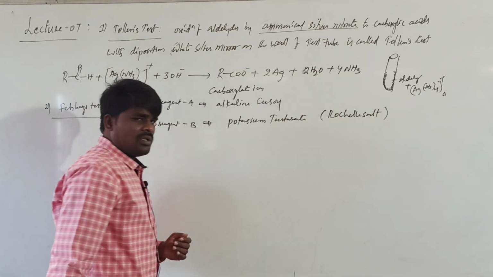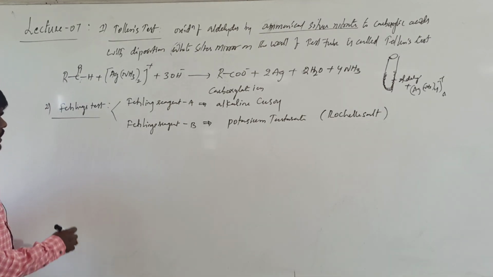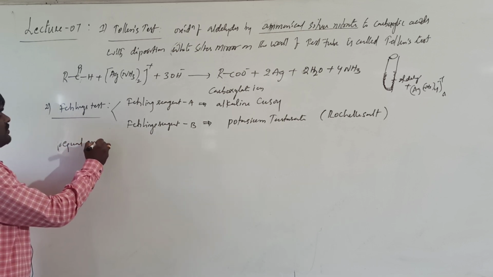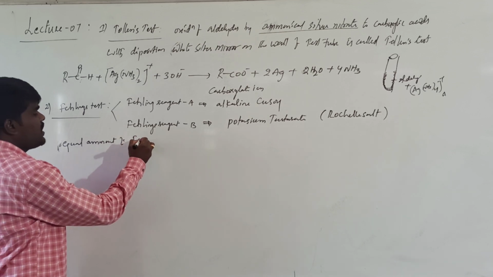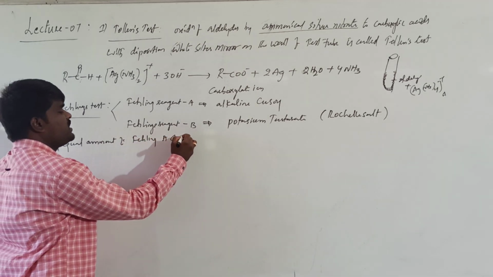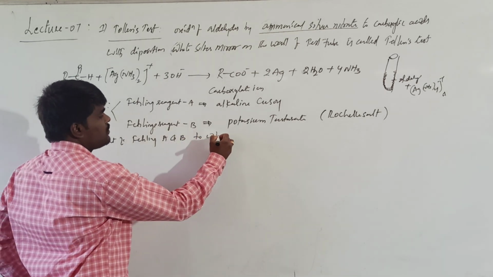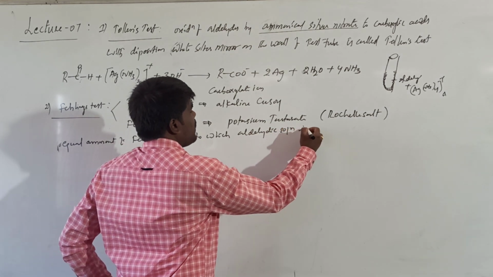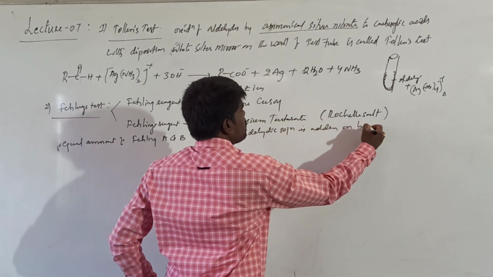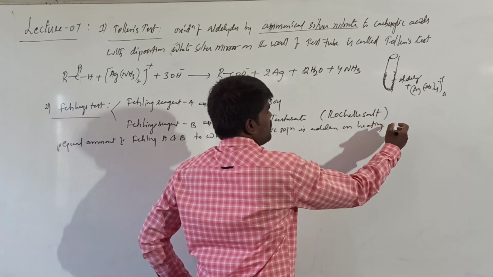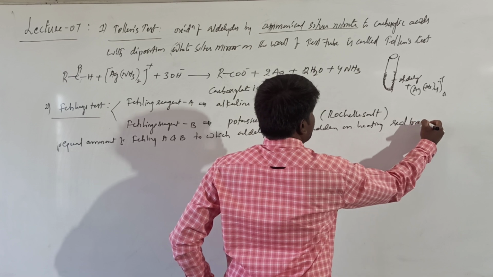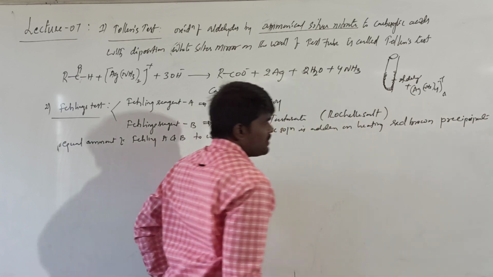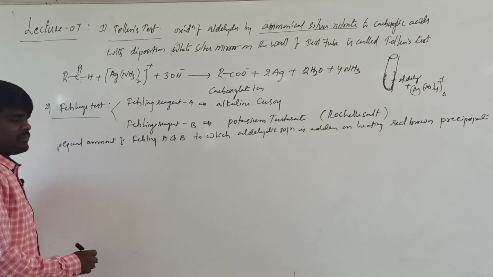Rochelle salt it is called. So basically what you have to do here is take equal amounts of Fehling's A and B, to which the aldehydic solution is added. On heating, it forms a red brown precipitate. What will it form? A red brown precipitate will form. So that confirms the presence of